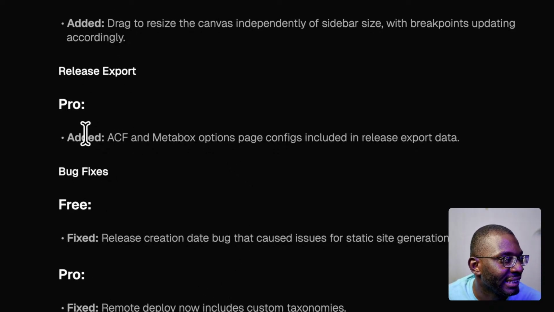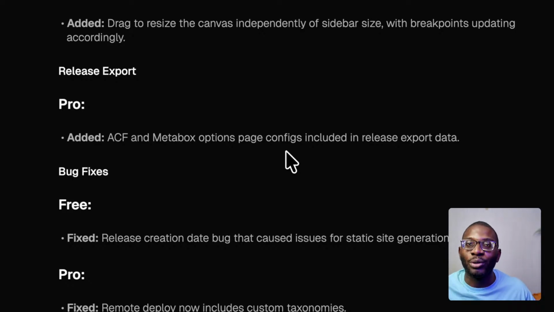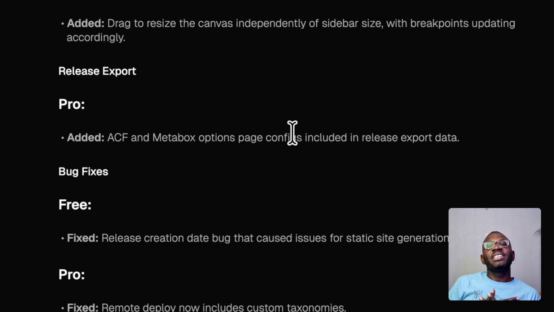Basically, now they've added within your release export, you can also export ACF and Metabox options pages, not just your regular posts, your regular taxonomy terms and things like that. You can also export options pages. So literally, Builderius is like a one-stop for all your builder needs. The only thing left for them is to actually start creating their own custom fields and then work on